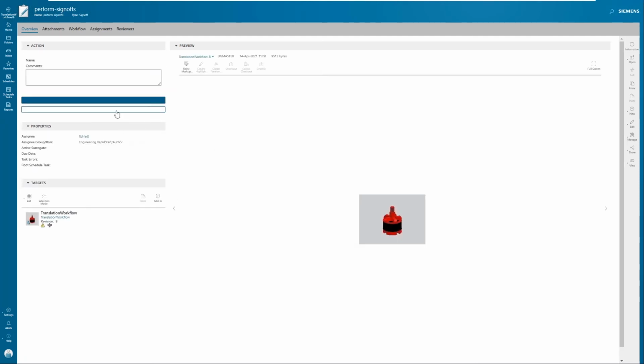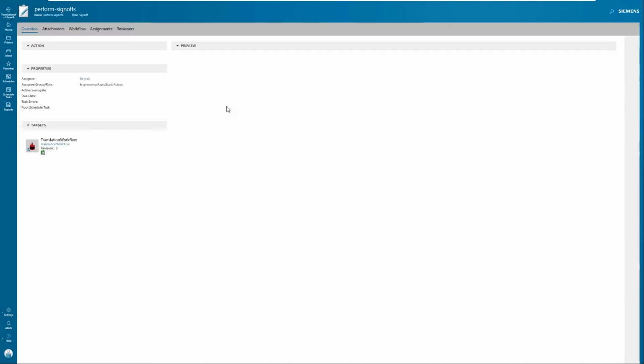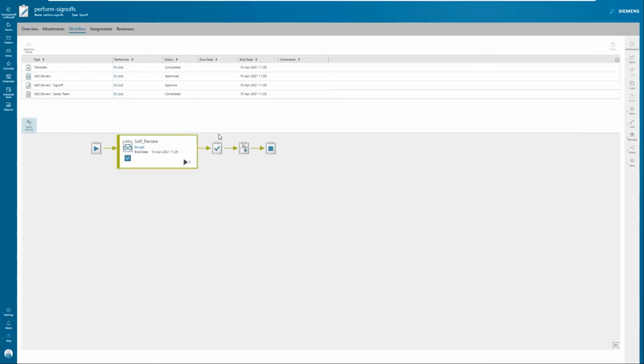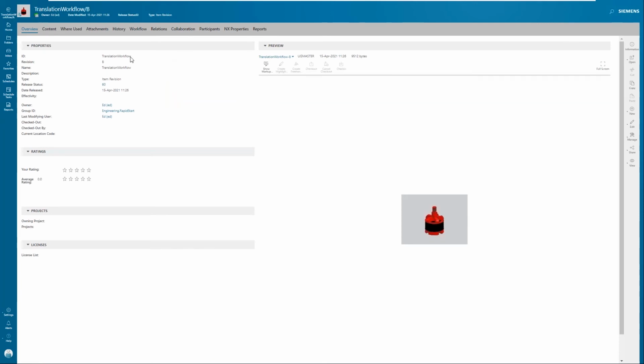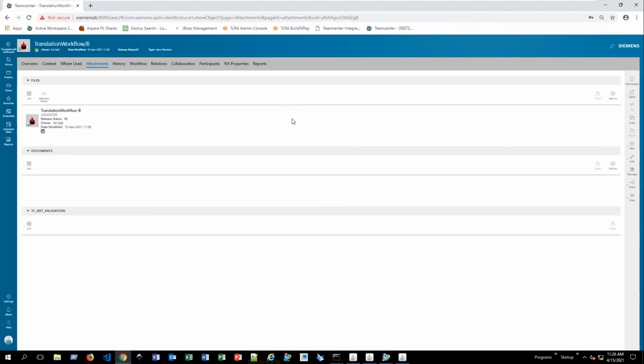and perform our sign-off. Just approve it. And once that's been approved, we can tell that our workflow has been completed. And I'm going to jump back to our translated item. And we can see it's been released. In our overview, doesn't look like anything's necessarily populated just yet. Same with our attachments. However, let's take a peek at our